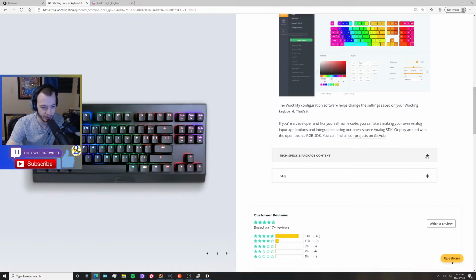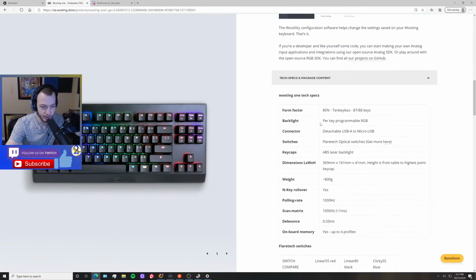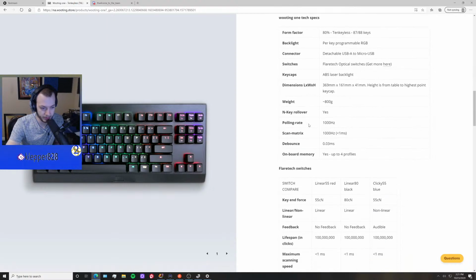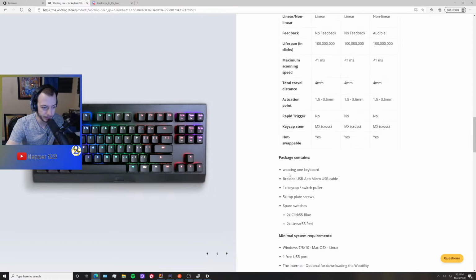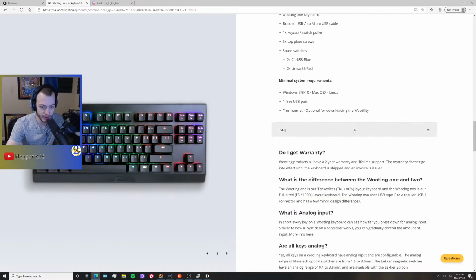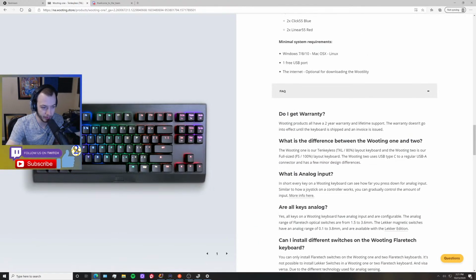Tech spec, package content. I just want to know if they have a download. Do I get a warranty? Products have a 2-year warranty and lifetime support. The warranty does not go into effect until the keyboard is shipped